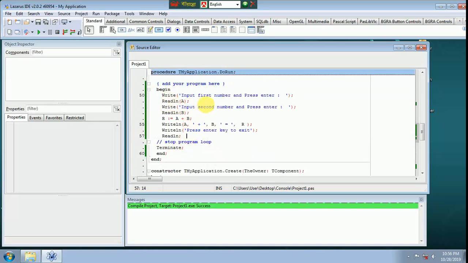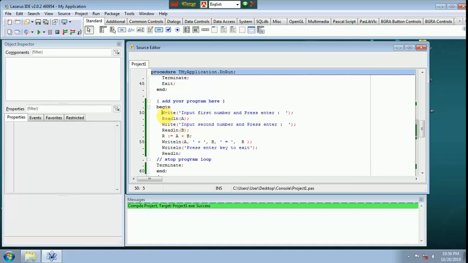You need to write this line: Write "input first number, press enter". Read line A. Write "input second number, press enter". Read line B. R colon equal A plus B